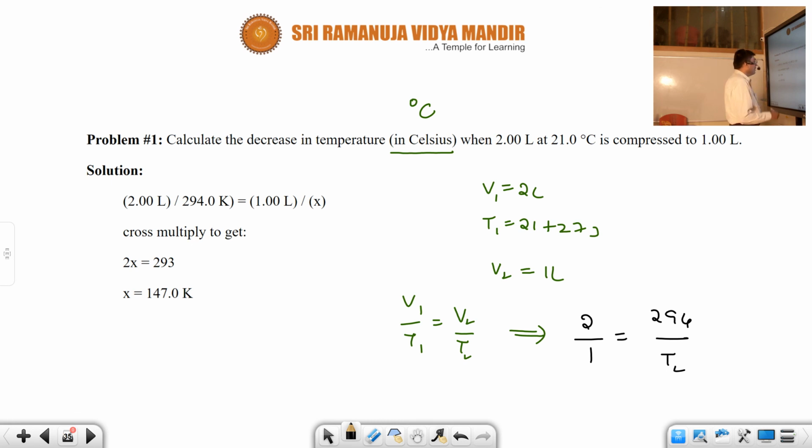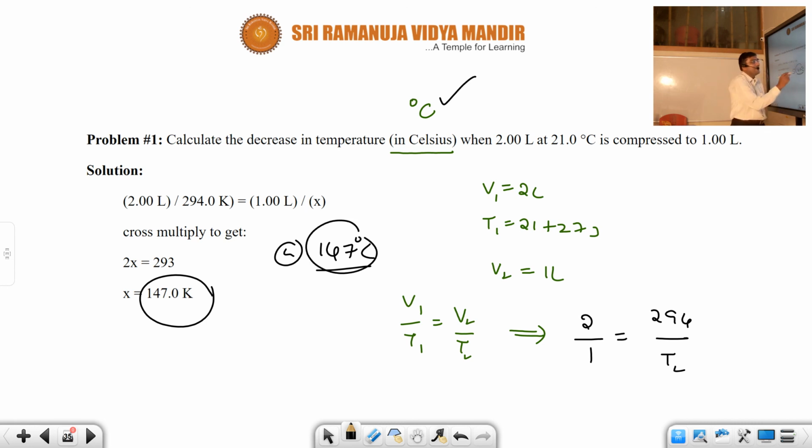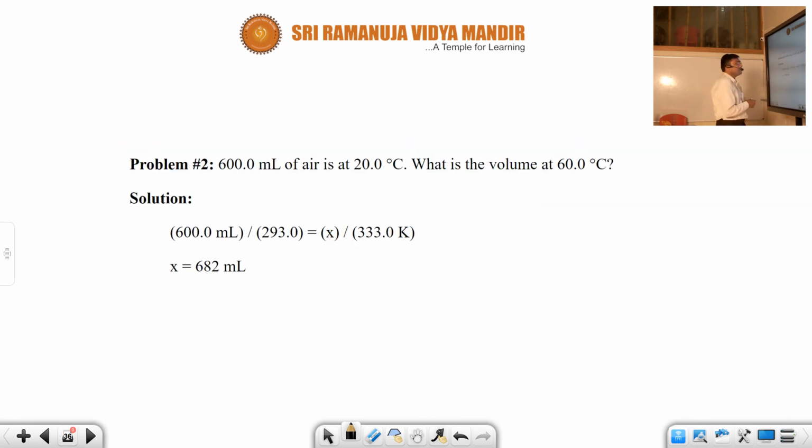Once you get the T2 value in Kelvin, what do you do, students? So 147. Now you have to convert into degree centigrade, so we should do minus 273. That's why degree centigrade is asked. Sometimes you make a mistake, because in the ABCD options 147 degree centigrade is given, and you end up choosing it. Why? Because this is not 147 degree centigrade. This is in Kelvin. This question has been asked in examinations many times. When asked in degree centigrade, at the end you make mistakes. I hope you understood.